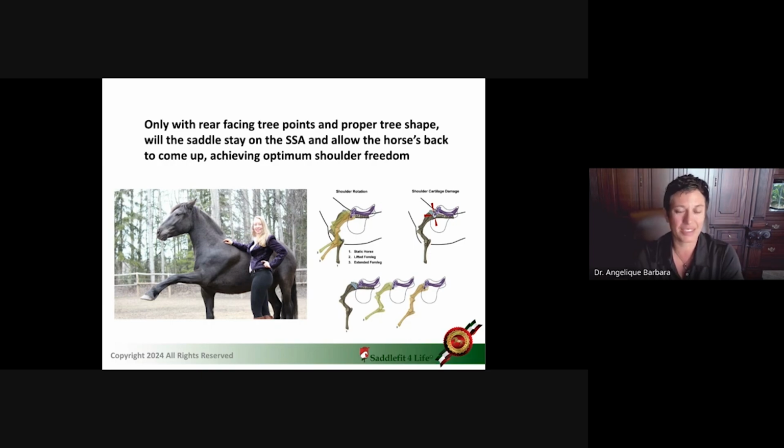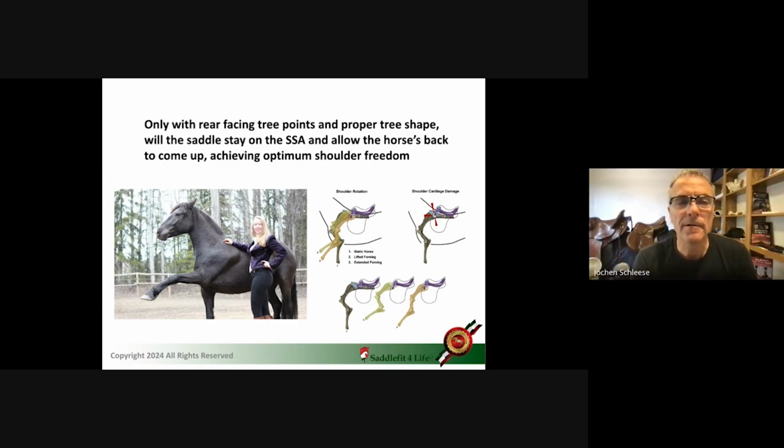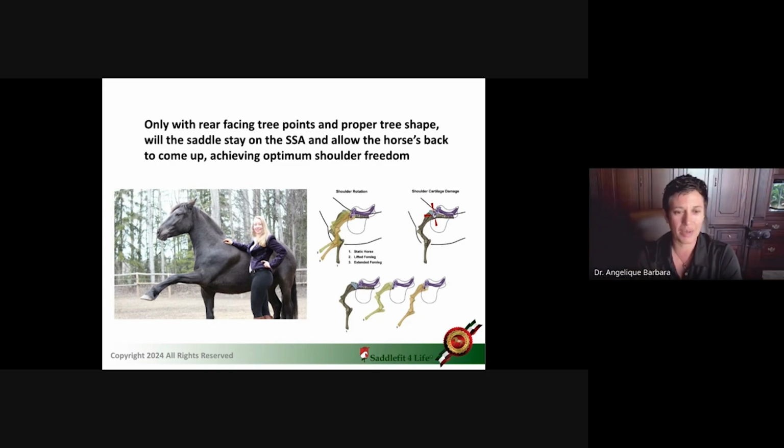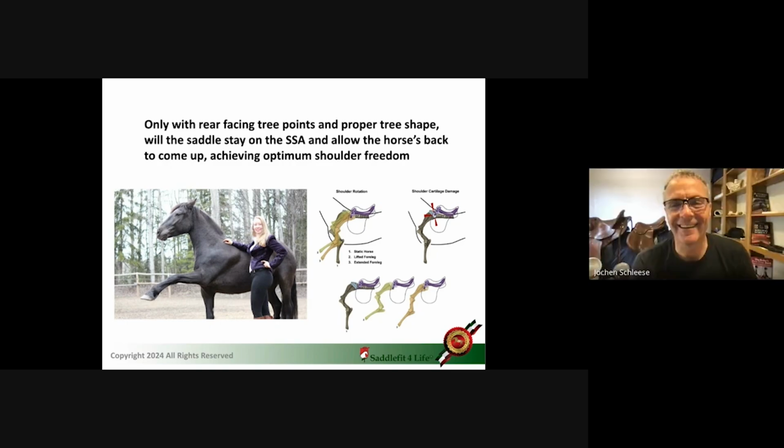It's the same thing. I don't know if people have ever experienced it, but if you have something that's a little too tight on you, it might irritate you at first, but then eventually it just goes numb and you don't notice it. The same thing happens oftentimes with the horse. People will say, oh, my horse takes a while to warm up under saddle, because at first they're bucky and not wanting to do things. And then after a bit they calm down. That's because they went numb. They can't feel it anymore.